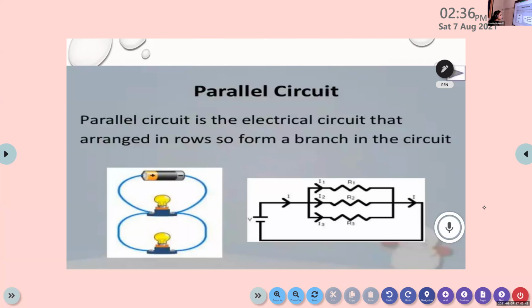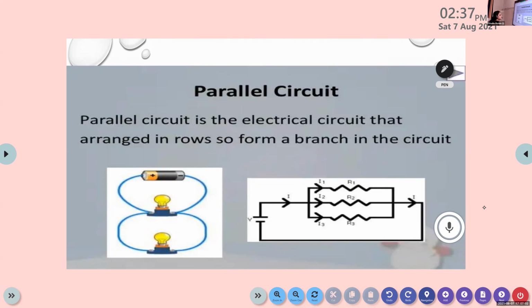If we have two or more resistors in electrical gadgets arranged end-to-end, the end-to-end combination of resistors is called a series combination of resistors. Now we are going to discuss the parallel combination.